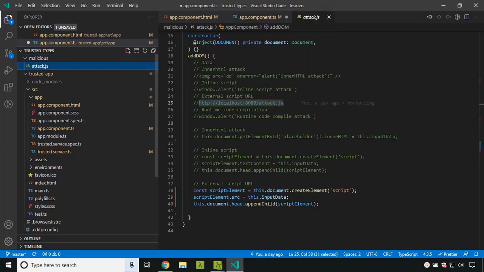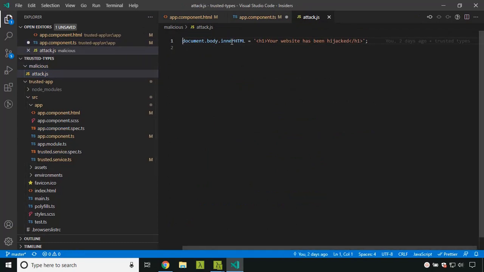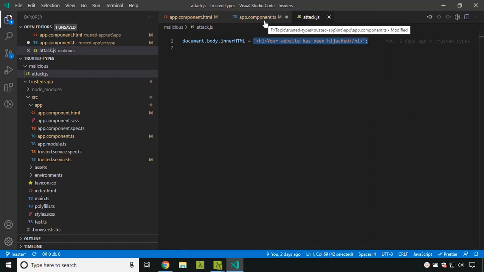Here I have created a JS file called attack.js, and in it I am trying to set the innerHTML of my actual website. Now we can check whether the remote JS will be able to access our DOM.